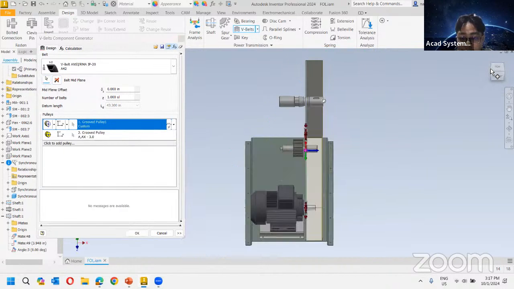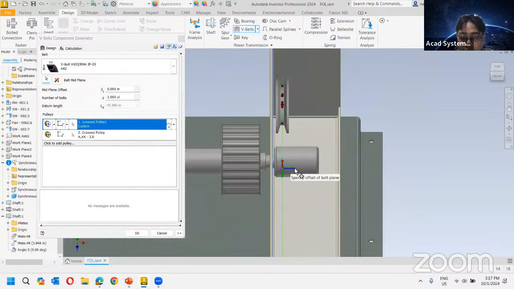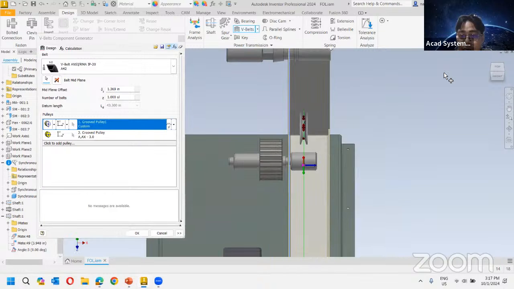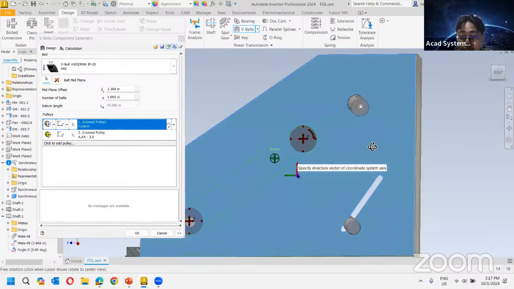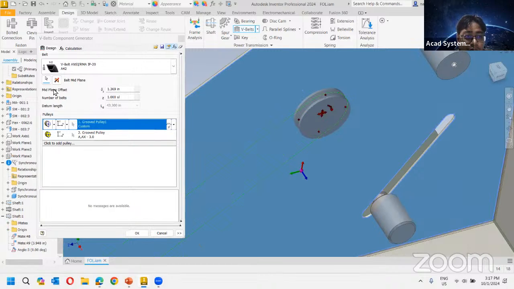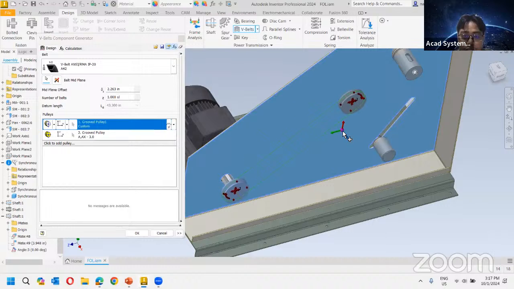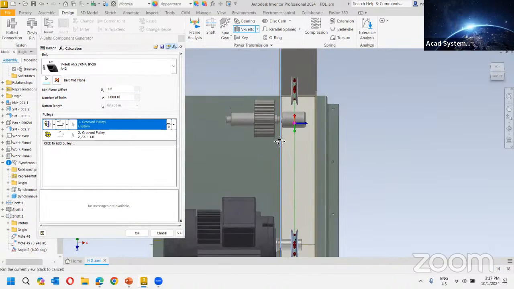It put it somewhere at the middle here, but this is not the middle that you want. So you can use this gizmo to move it out. And now we have this belt that we actually created. So we have this position. If I change the direction, it will change the value from here, or maybe I just set it manually. So it becomes something like this. Right, so maybe I want to make it